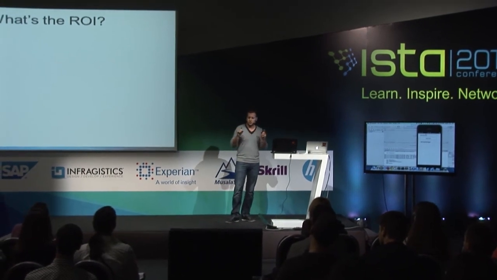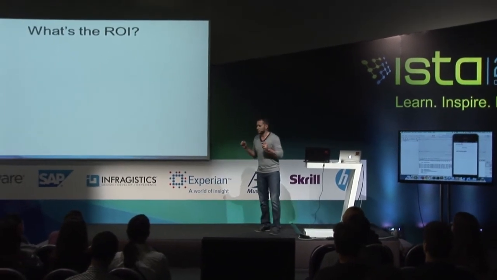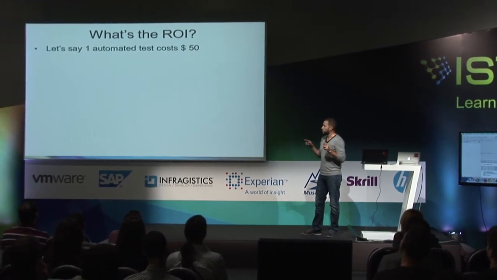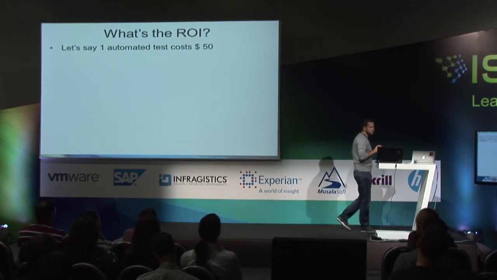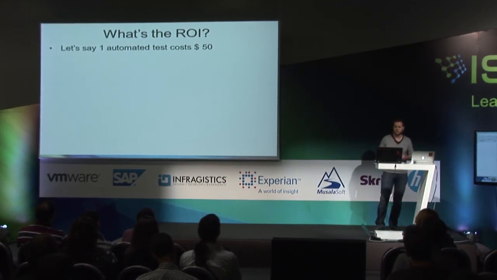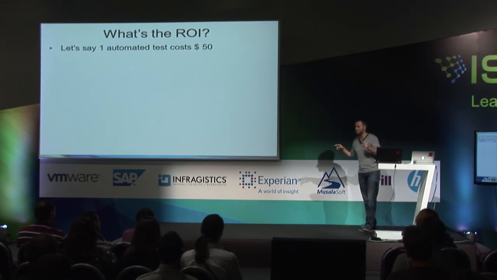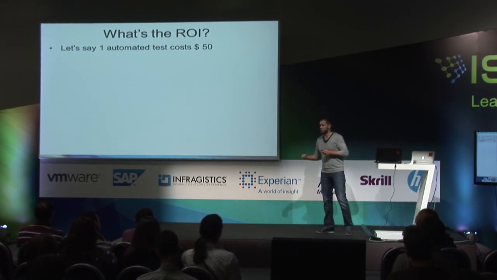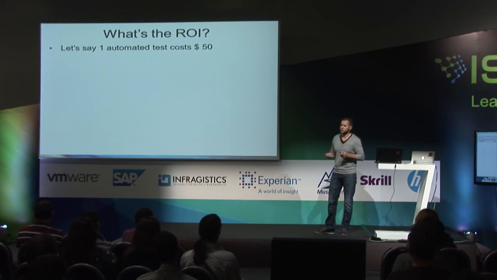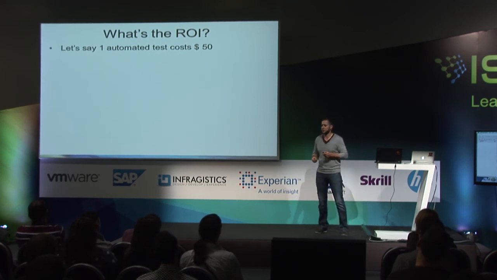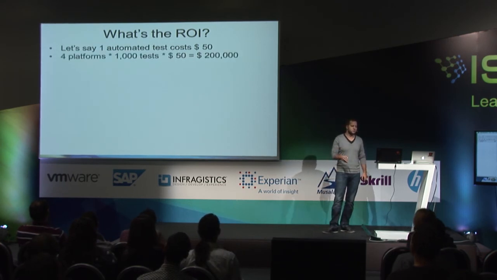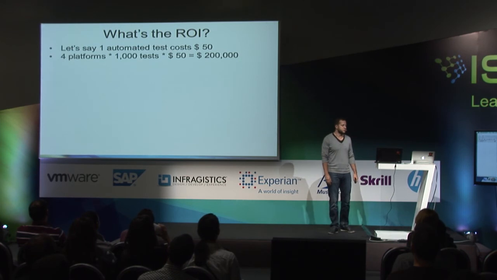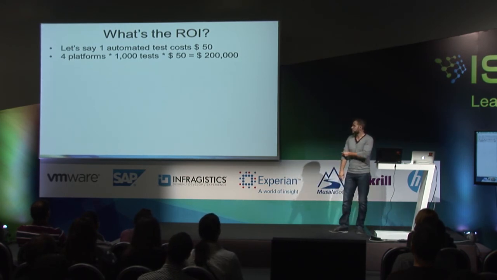And let's see what's the return of investment in actual real numbers. So let's say a test costs $50. And this is just some number. It may be different for each one of you. But it doesn't include just the cost of development of the test, but the cost of the maintenance, the cost of the hardware where this test runs, and all of those things associated with writing a test. So let's say it costs $50. And you have 4 platforms, 1,000 tests, $200,000 to write those tests,